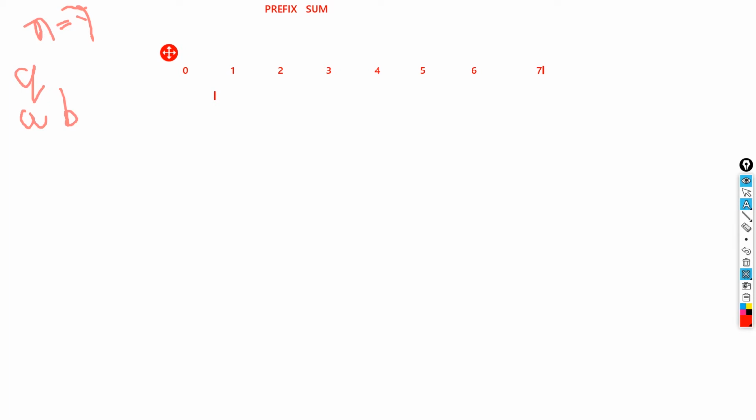Alright. So now what we need to do is calculate the sum of the elements. Let's first assume that we have some elements in the array. So let's say this is 3, this is 4, this is 1, this is 2, this is 9, this is 7, this is 6, this is 5. Now the question is, let's say we have m number of queries. Let's first say we have two queries, and for each query we have two values a and b.